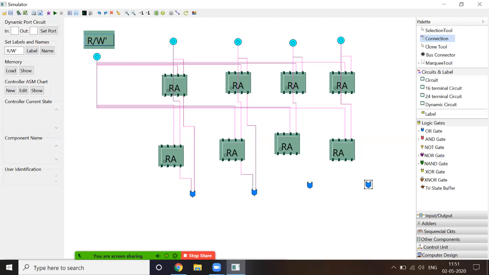So using this simulator, you can perform experiments of subjects like digital logic design and analysis, digital electronics, computer architecture and organization, and so on. You don't need a circuit breadboard. Virtually you can do it over here and check the connections and working of this experiment. So now we have connected the inputs column wise to these OR gates, and after that we can go to the output section. How to see the output? First we'll save this.